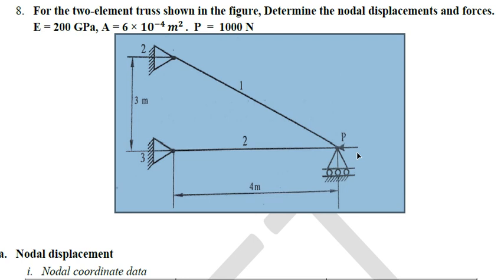Which means node 1 can have x direction displacement, otherwise no other node is having any type of displacement. Only q1 is the degree of freedom. The problem is easy, but understanding is very important. If you do not understand things, self complication will be made by the students. Only q1 is the degree of freedom given, but we have to solve it as per the procedure.